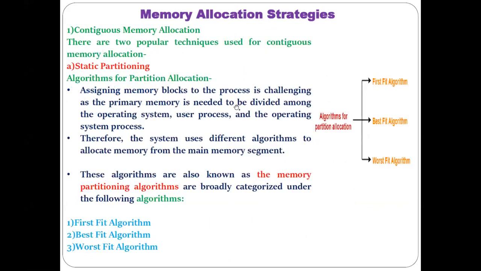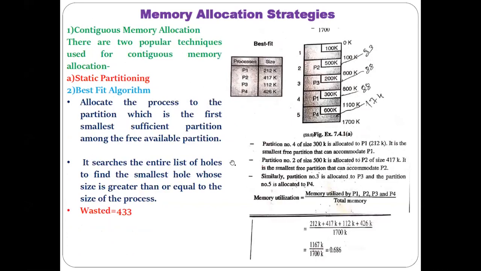Now, related to contiguous memory allocation, the remaining part is variable size partitioning, and two important concepts we have to see, internal fragmentation and external fragmentation, which we are going to discuss